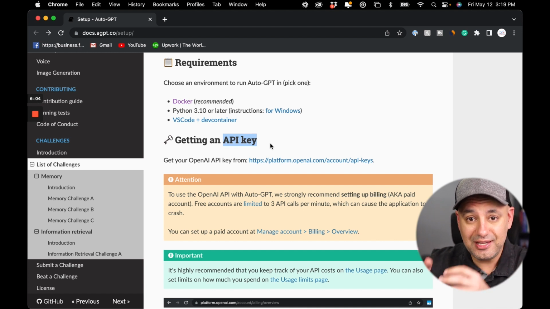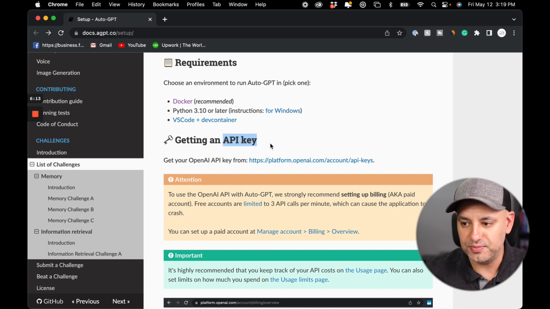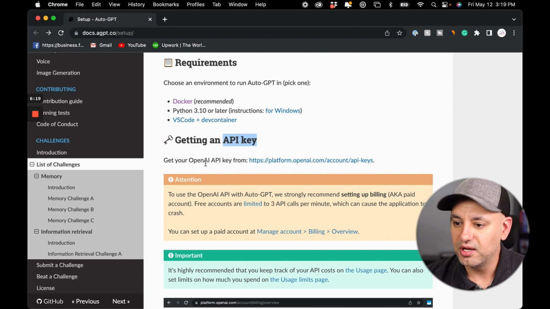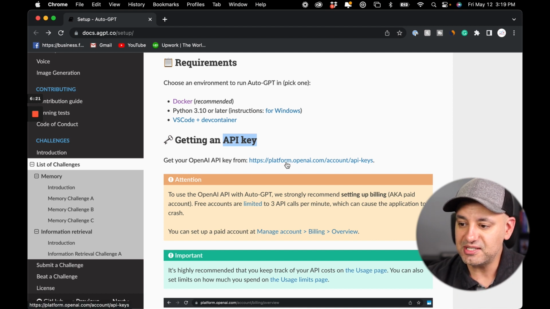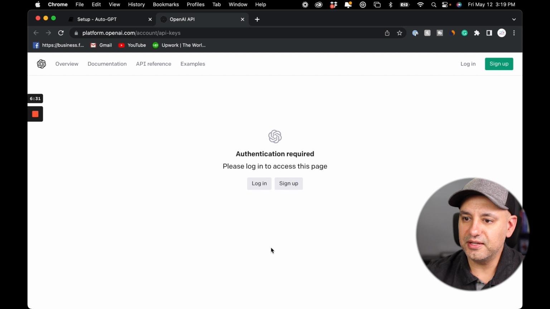So we need to give this key basically to our setup so we could access that information. Without that, we're not going to be able to get the information from ChatGPT to run AutoGPT. Even though AutoGPT is made by developers that are not related to ChatGPT, we still need to set this up. So they're going to give you a link. Again, this will be the second link we need to click on. And this link is going to bring us to